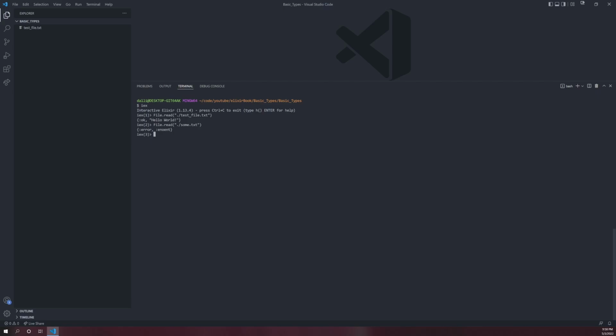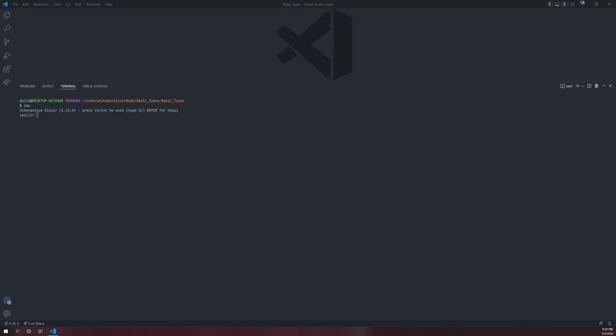And so that's an example of how tuples are used regularly throughout the Elixir language to quickly give a status of the function, or to return the error, or to return the value associated with it. Elixir is going to help guide you to which structure is better. An example of that is